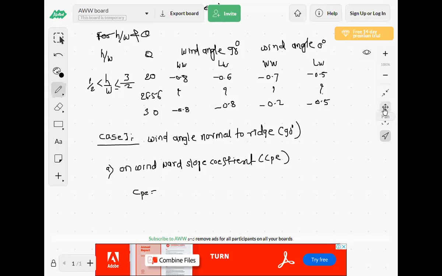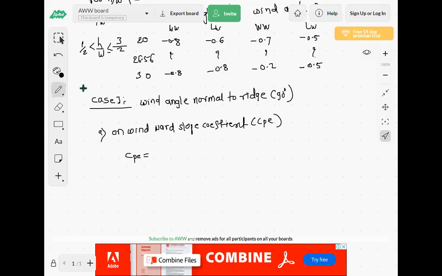Cpe is equal to, as I have given in the formula, the windward coefficient. I have given a minus sign here, so please correct it to a plus-minus sign. Why plus-minus, I will tell you. Please use the plus-minus sign here: windward coefficient plus-minus, bracket, difference of